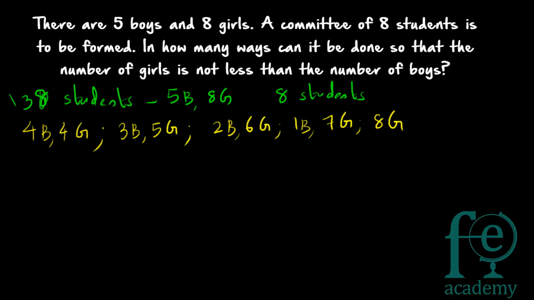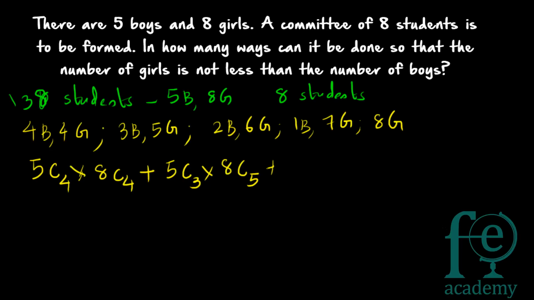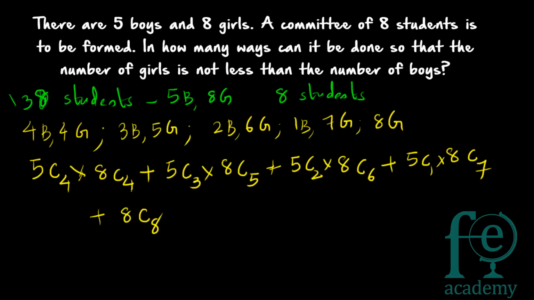So now you are going to write the formula for this. 4 boys from a total of 5 boys can be done in 5C4 ways. And 4 girls, so you have to do multiplication. So 5C4 into 8C4, plus will come. Again 3 boys can be selected in 5C3 ways into 8C5, plus 2 boys can be selected in 5C2 ways and 6 girls can be selected in 8C6 ways, plus 1 boy can be selected in 5C1 ways and 7 girls can be selected in 8C7 ways, plus 8 girls can be selected in only 1 way. Okay, so plus 1. So finally by solving this you will be getting